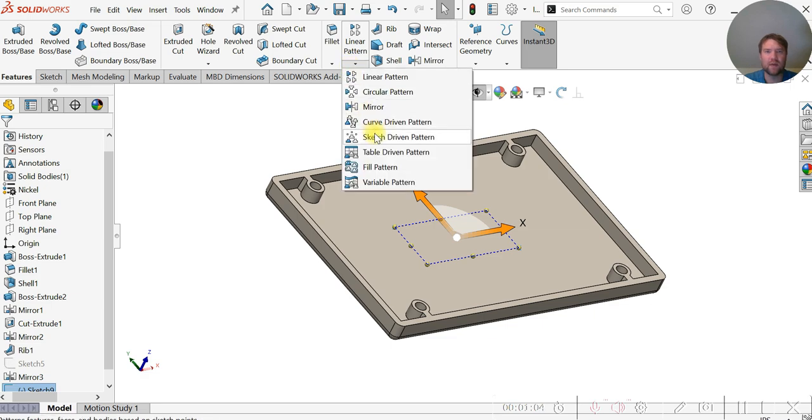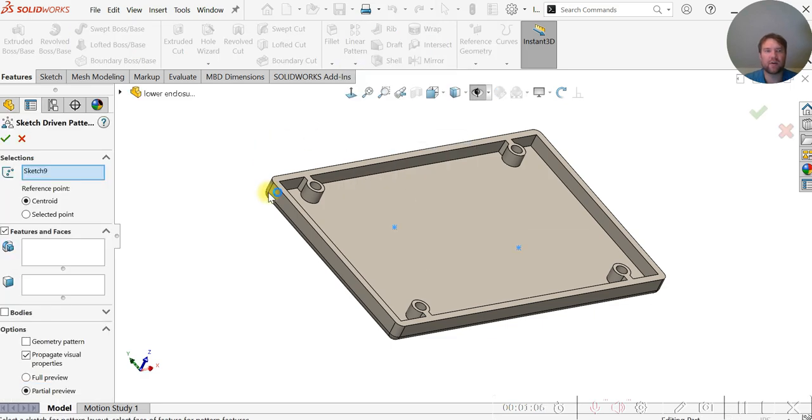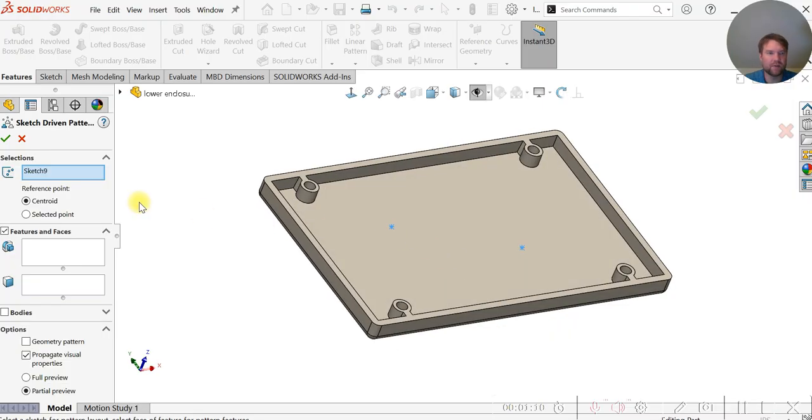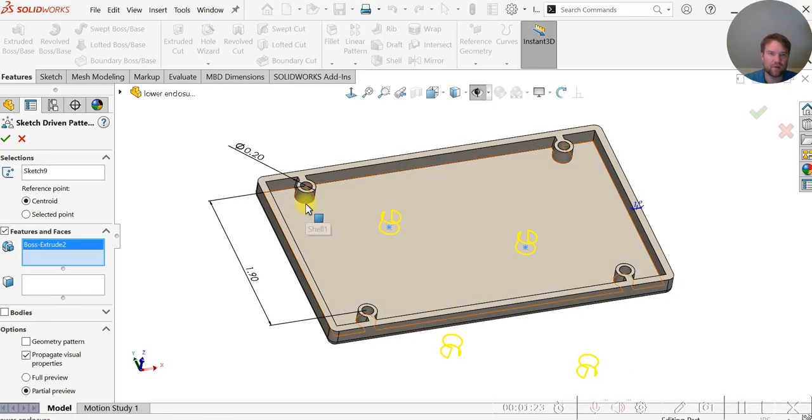So we're going to go to the drop down, sketch driven pattern. It picks up our sketch 9 that we just built. And for features, we're going to include reference point. We'll keep that at centroid. And then for features and faces, let's say we can select actually this feature here, this little extrude, and select